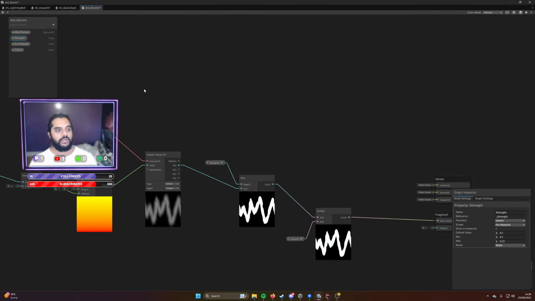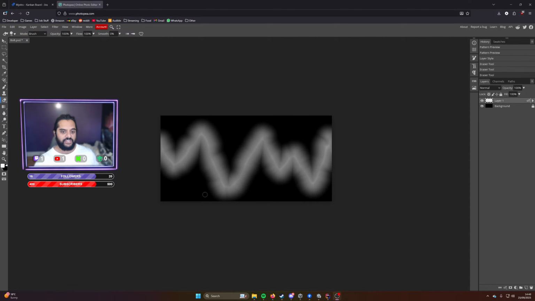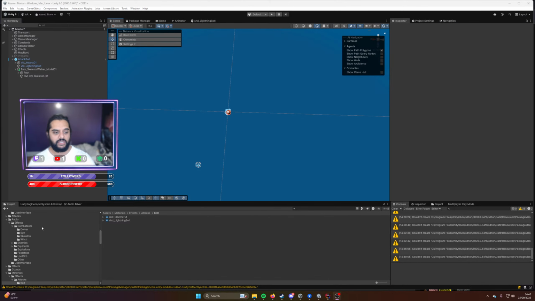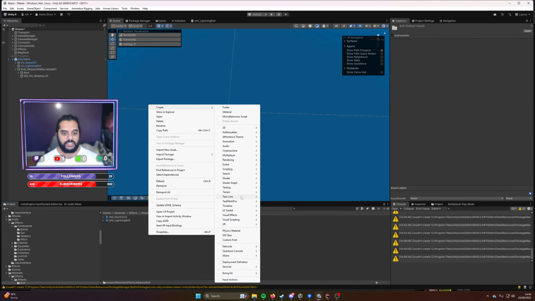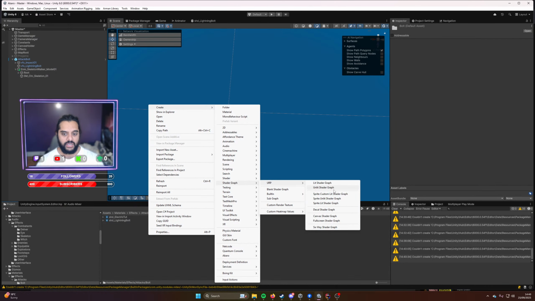Okay, we're going to say it as if we just finished making the texture and now we're here. We'll do it from here actually. I've just taken off those little dots because I don't think they look very good. So I've saved it, exported it to my arts folder, and now we're going to make a new effect. We're going to create a URP unlit shader graph, and I'm going to call it shade underscore